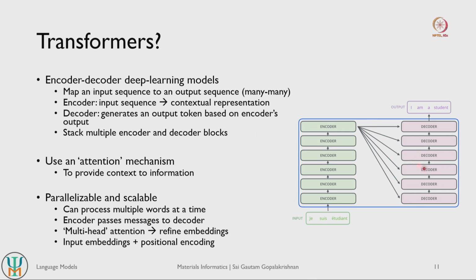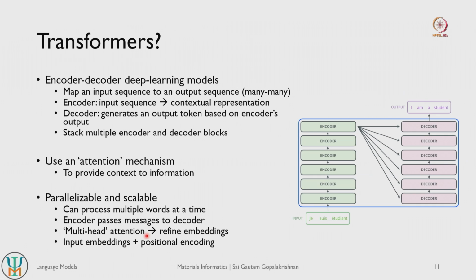The encoder does pass messages on to the decoder, so you have some kind of message passing or passing of context, right. So when the decoder works or generates outputs, it tries to preserve these contexts. And they also use what is referred to as multi-head attention, and this multi-head attention allows these models to create multiple contexts for a given word, right. So for example, again if you think of the word king, king has a context or association with man, king has an association with throne, and king has an association with power, right.